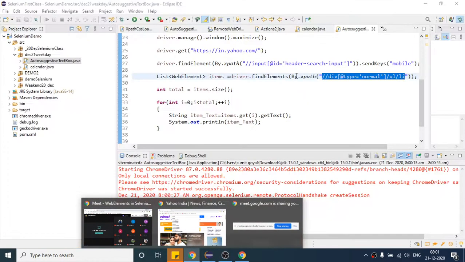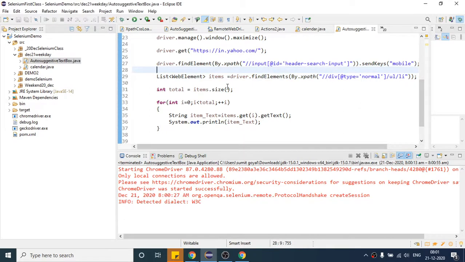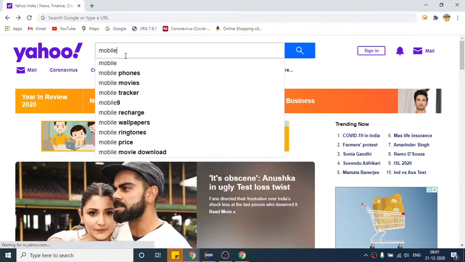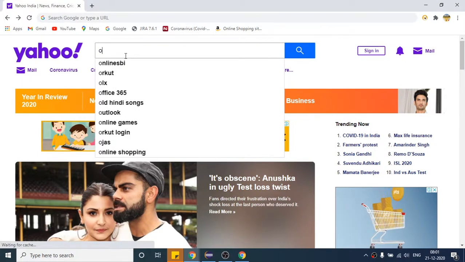Okay, I think there is some wait issue. So basically what happens when I'm writing mobile, if you see here, if I just type any keyword, like I will say O, right? So okay, let me first refresh it again.